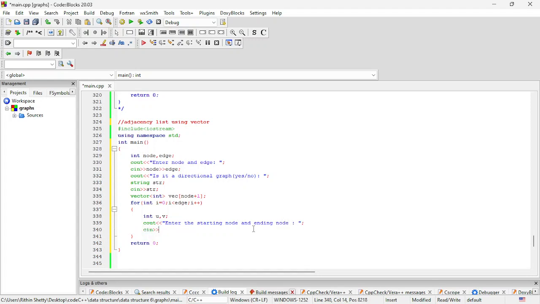So let me take the nodes here, u and v. Now after taking the nodes, I will do vec of u. Since it is a two-dimensional vector, I can simply push_back. Push back v for u. I'm going to connect v for u. Then I'll ask if